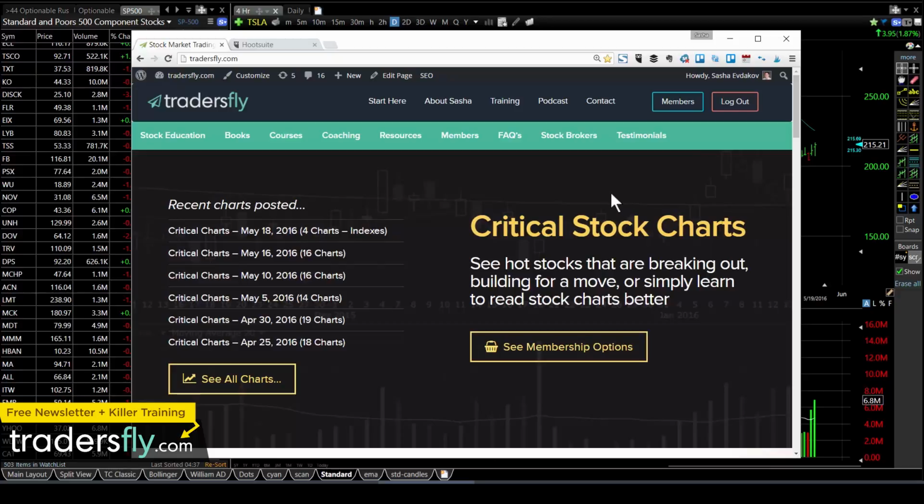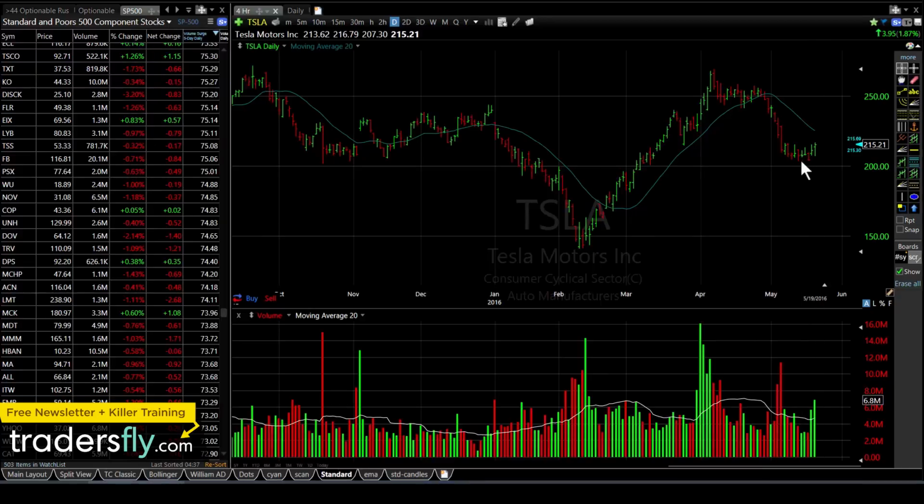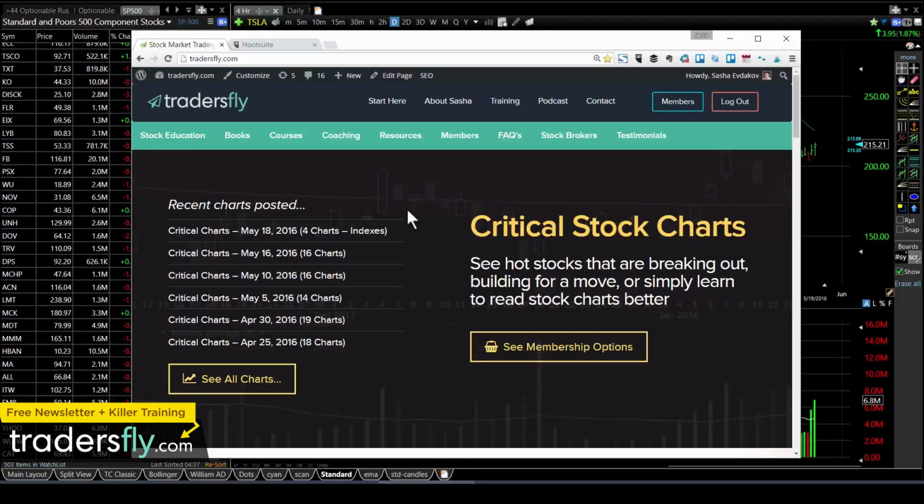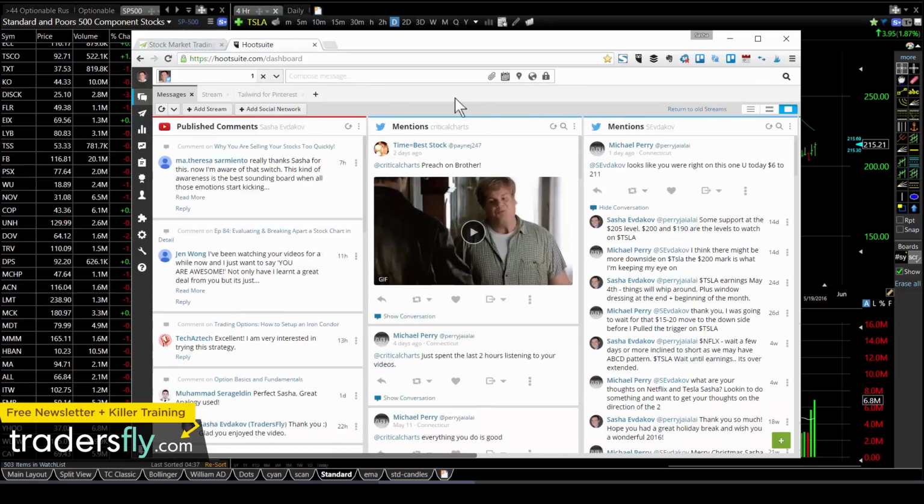And in this example, what I'd like to do is really concentrate on Tesla here, just to illustrate the example of the retracements. I think it's an easy example to go through, and I'll do that after I show you really what we were going on and talking about here with one of the people here on social media. So when you look at social media here, you can see that somebody asked me about the Tesla stock, and this was, again, a public conversation on Twitter.